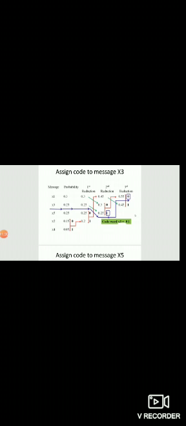That's why the code word for message x3 is 0 1. Clear? Now you can see that this 0 in third reduction is placed on the left side and then 1 on the right side. That's why the sequence must remain the same. It's your wish whether you place it on the right side or left side, but the movement will remain the same for tracing the arrow from left to right and for assigning the code from right to left.